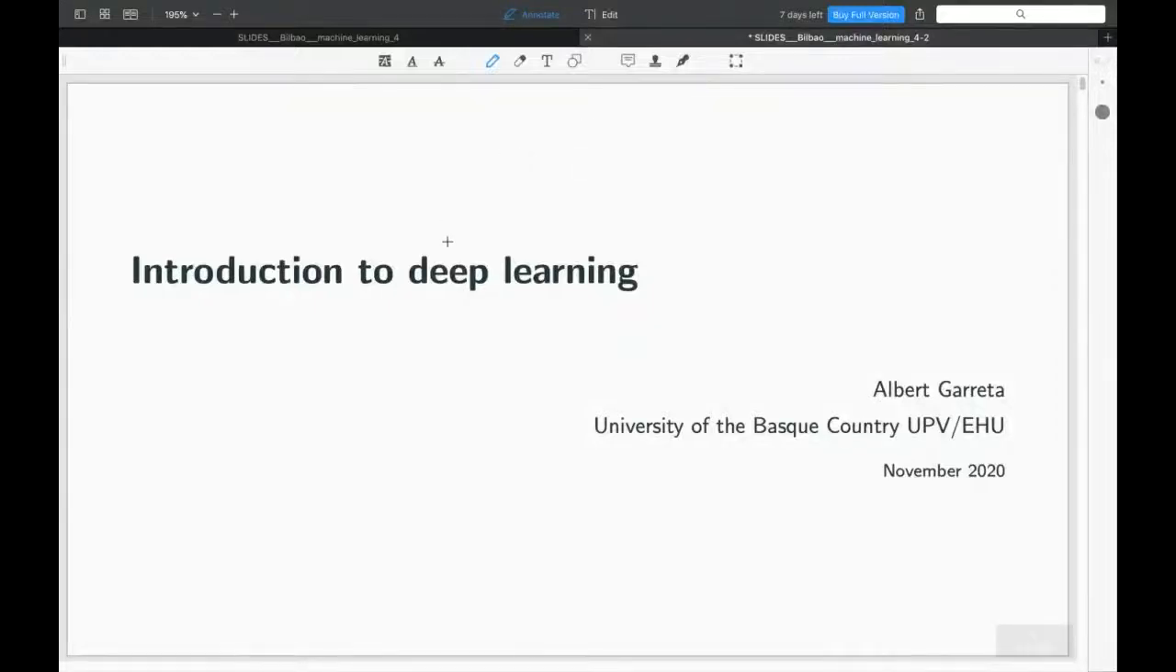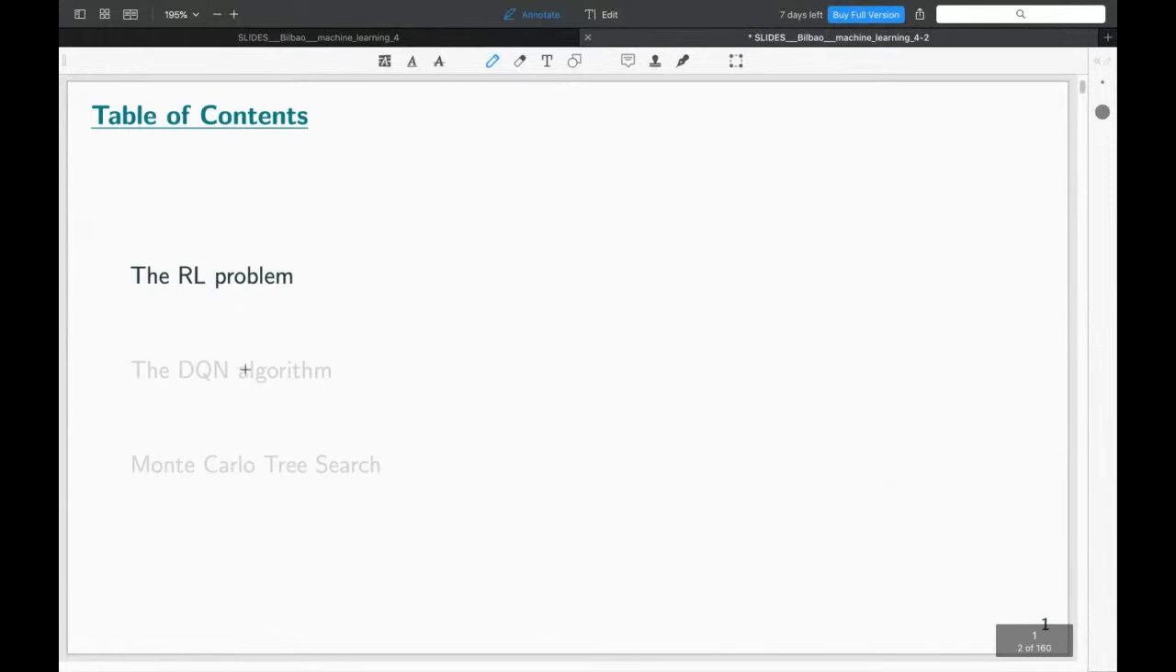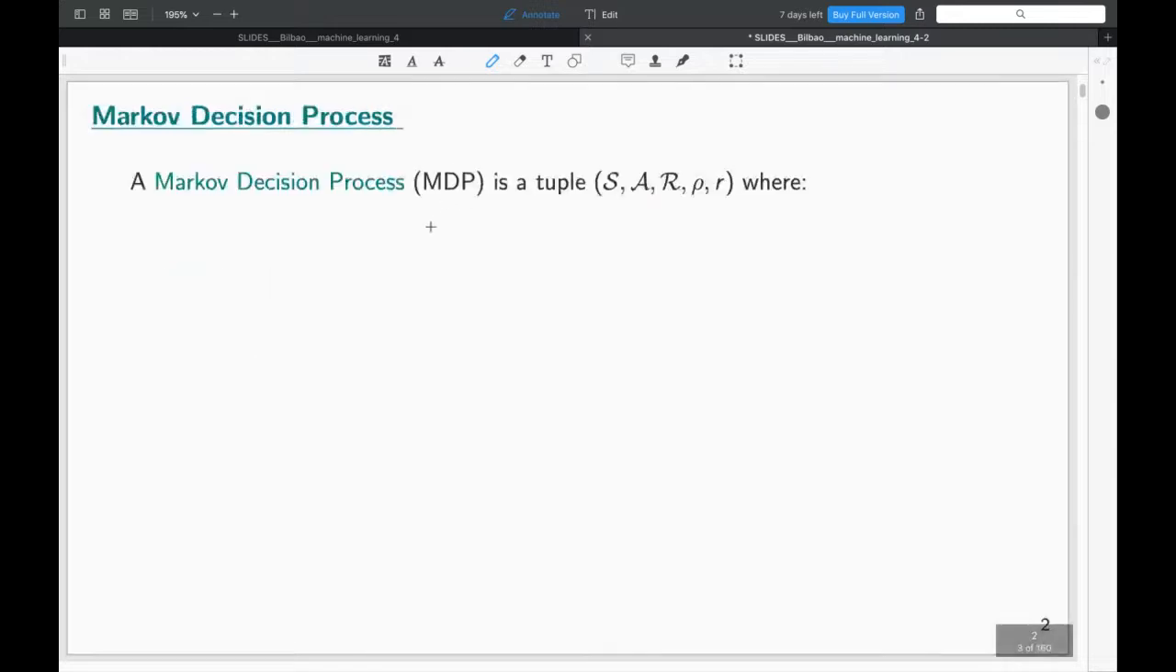What I was explaining last day. I'll provide a quick recap, and then we will see the DQN algorithm, and then we will move on to